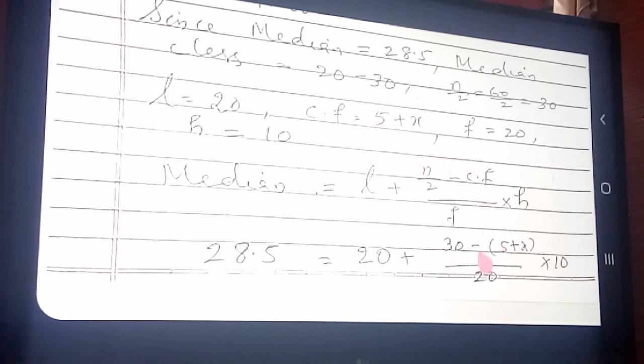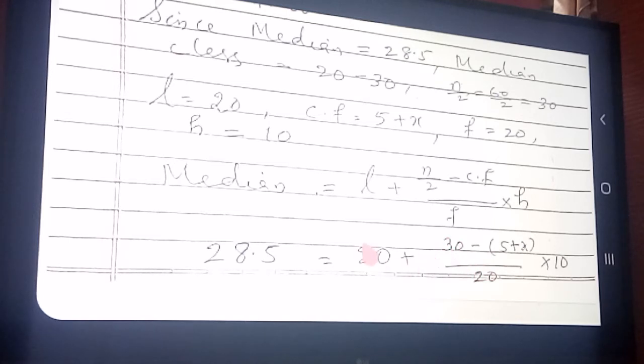See here, one point you want to remember. After minus, if 2 terms are coming, you put them in the bracket. Otherwise the answer will change, because if you are not putting in the bracket, you will write minus 5 plus x only, so there is a chance the answer becomes wrong. So that point you just remember: after minus, if 2 terms are coming, always put in bracket. Otherwise put this minus inside and write, and minus putting inside, what will come? Minus 5 minus x. I told you, minus putting inside the bracket or minus taking outside the bracket, the sign will change. That only you remember.